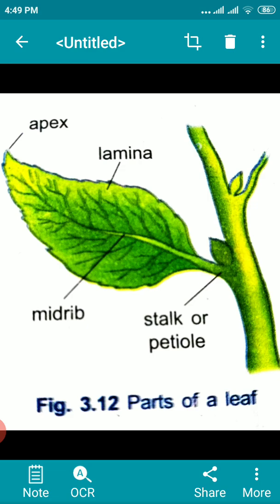Now take a leaf and a sheet of paper. Hold the leaf in place on the paper, take a pencil, tip it sideways and rub it on the portion of the paper having the leaf below it. What impression do you get? The impression you can see is that inside the leaf there are lines. The design made by the lines or veins in the leaf is called leaf venation.